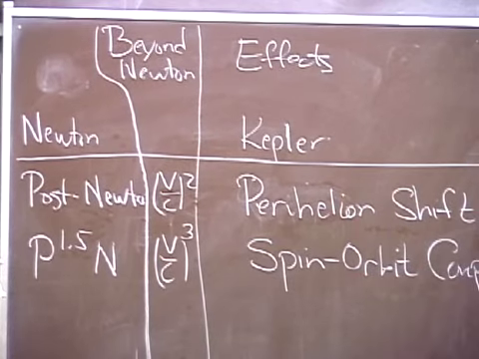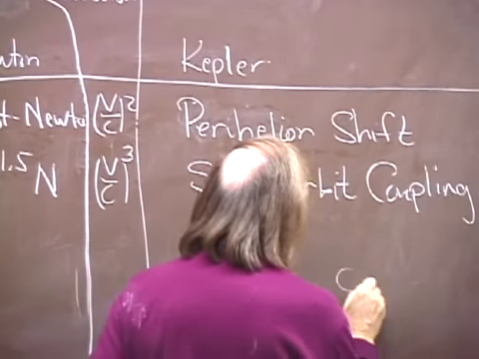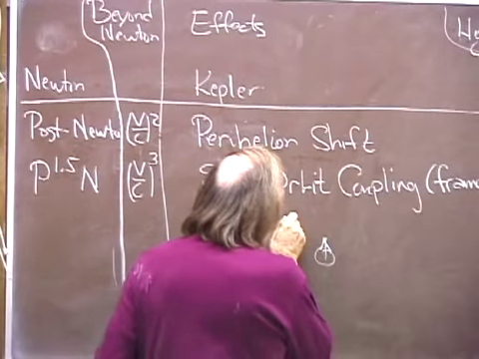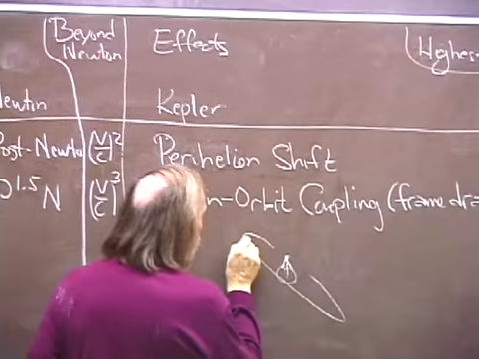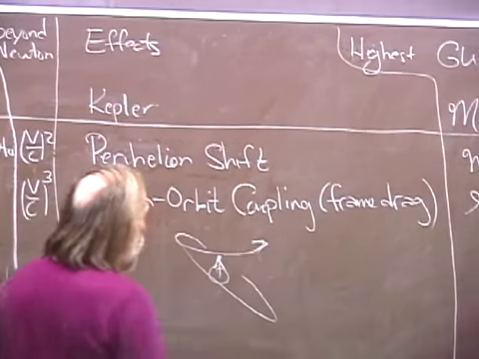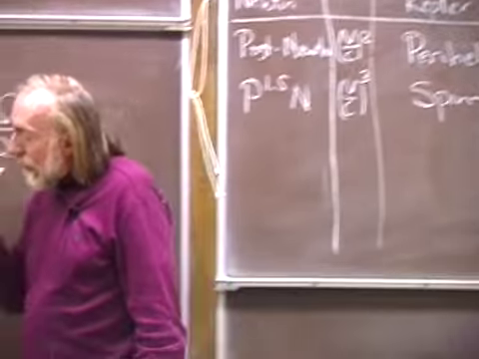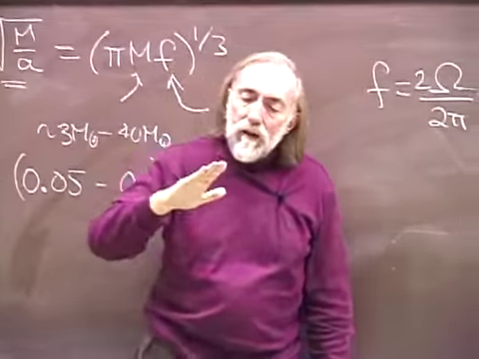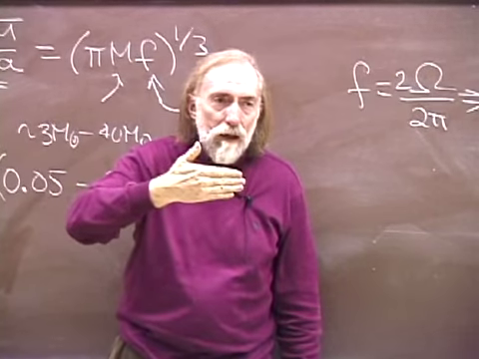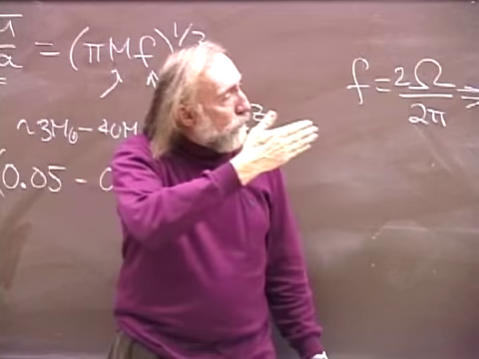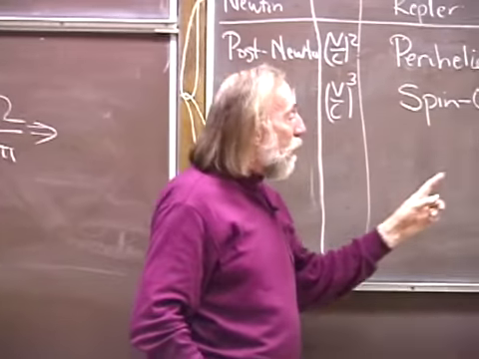Here you see spin-orbit coupling, which means, for example, if you have a black hole that's spinning about this axis, you have a neutron star orbiting. The spin of the black hole drags inertial frames and causes the orbit to precess like that. Now you've worked out the gravitational waves from a binary, and you've seen that the waves depend on the inclination angle of the orbit. If you see the orbit face on, the waves are stronger than if you see it edge on. So for this precessing binary, the amplitude and also the phase of the waves gets modulated by the